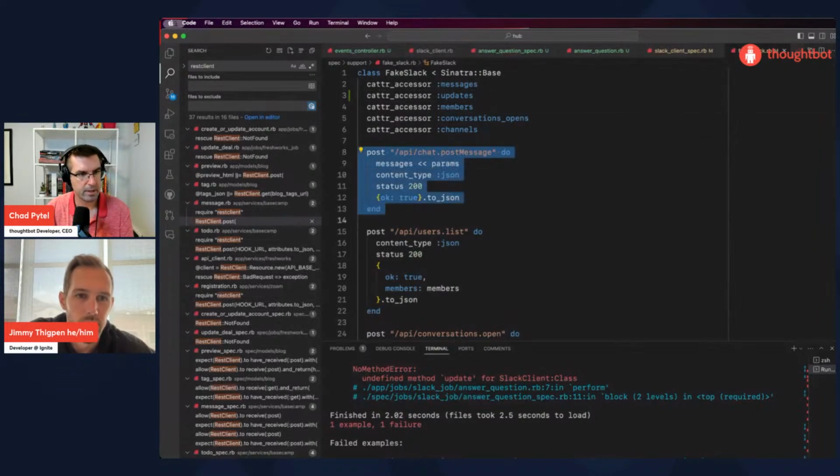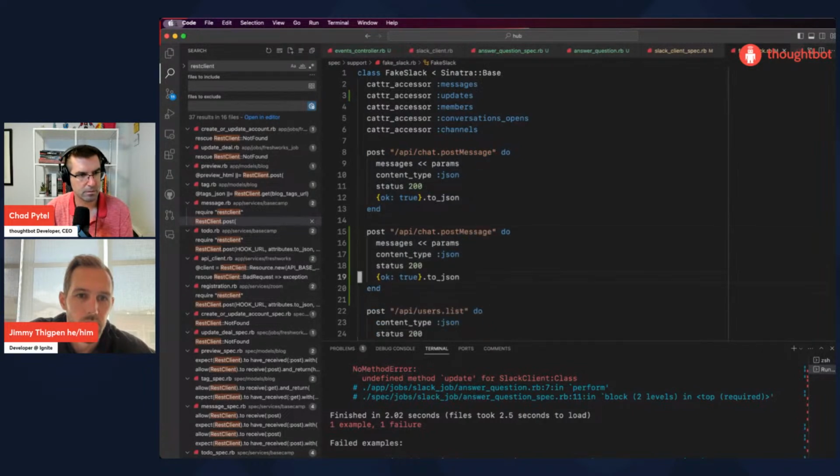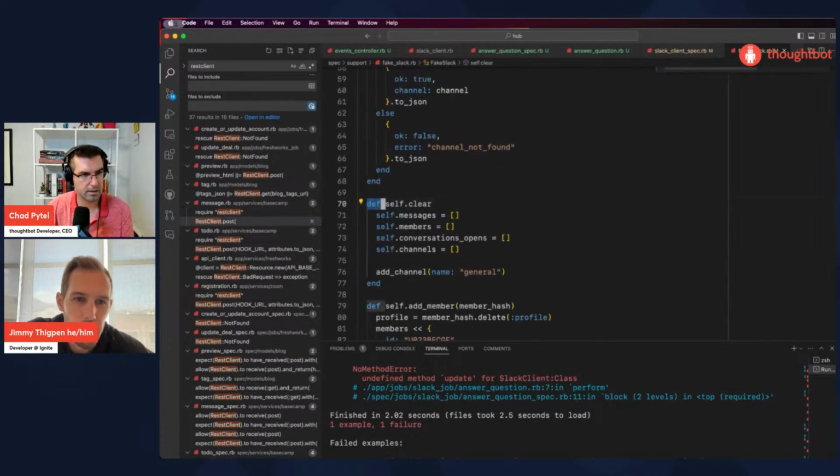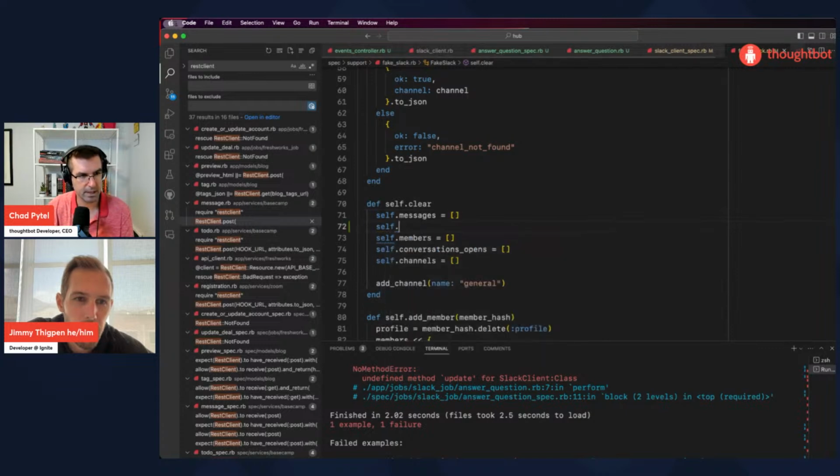Do you remember if it was chat.update or just update? And basically we just shove the raw params, they'll be parsed as a hash, onto the updates. Okay, cool. And then that way you can inspect them, basically make sure that. That's not bad. And then self.updates to an empty array every time we reinitialize the fake. Cool.